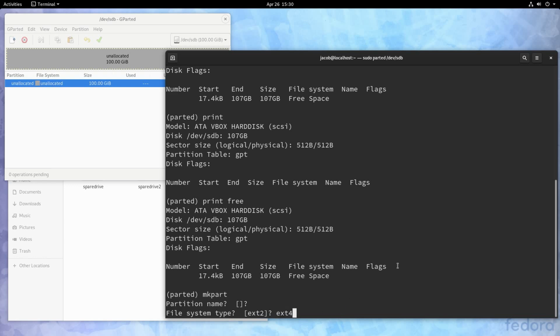So it doesn't actually matter, it's still more of just a general label, but Parted, since it's meant to be a little bit more human readable, instead of using the numbers, it does ask you for a file system type, and then it will convert that itself to the number.